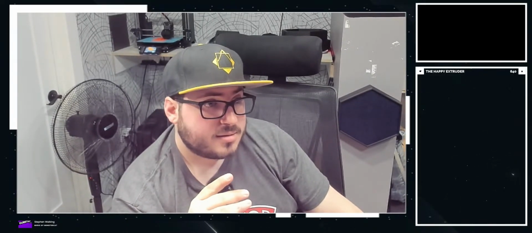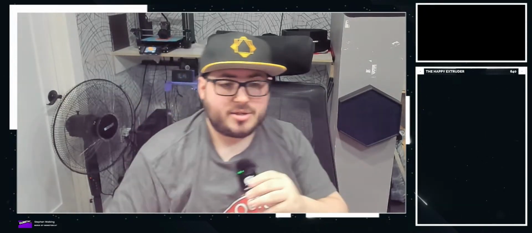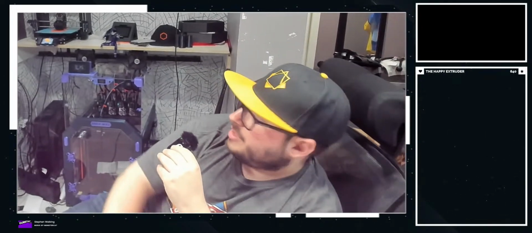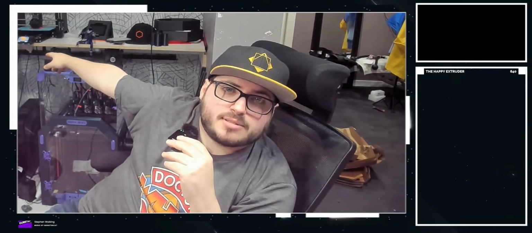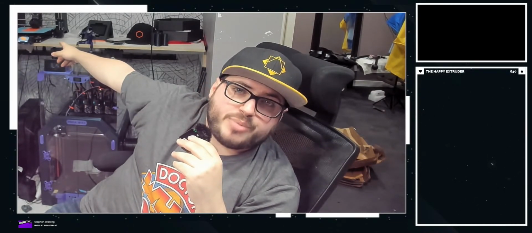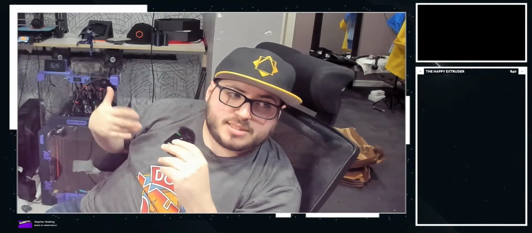So I'm not saying that it's perfect, but once you get past those, I can say from my experience that these are the most reliable machines I've owned. I mean, you guys saw me revive this one over here from literally broken parts and return parts. That thing is running a Voron bed right now, but it's printing like it doesn't matter. These things are great.